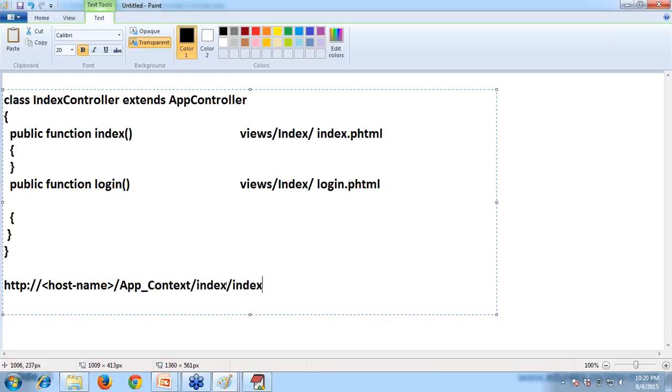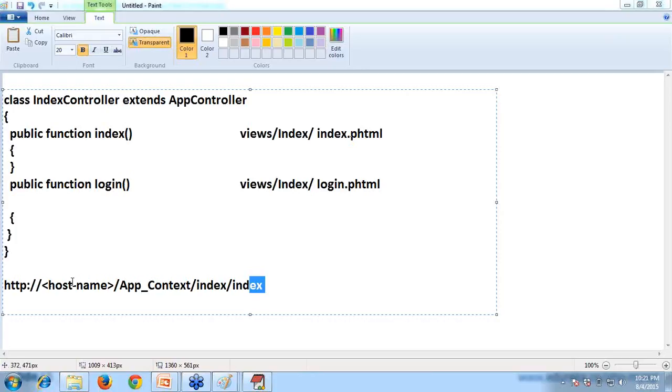I have given it as index/index. So what is the first index? The controller name. What is the second index? The action name. The view is for presentation, PHP HTML. PHP code and HTML come there. It is the view that goes to the client side.